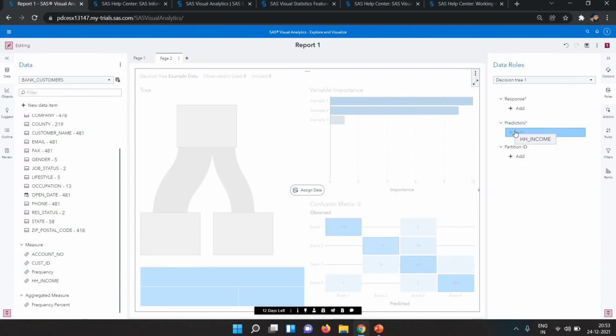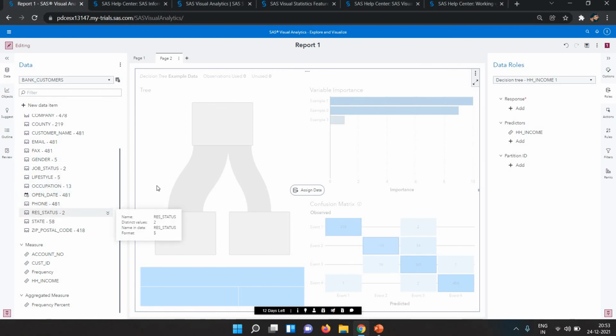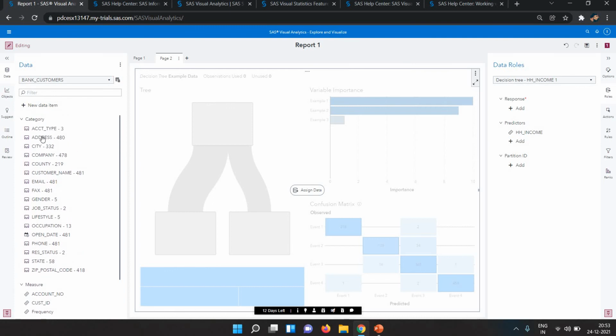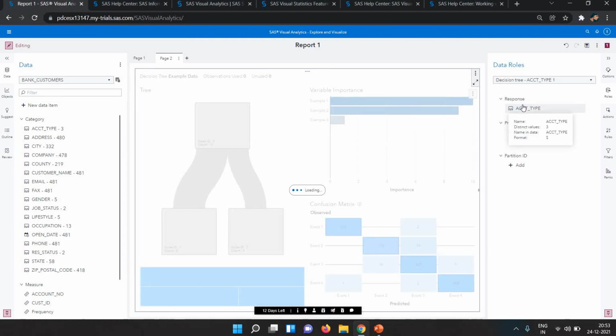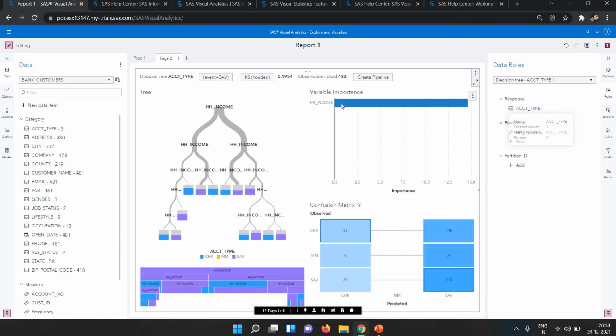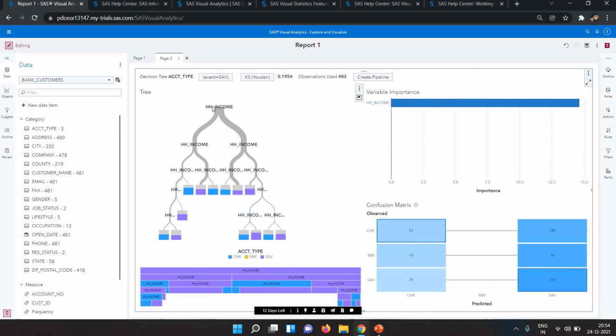Let's suppose I'm adding the predictor as income and the resident status is the account type. So right now what is this showing us? The HH income is showing the account details: account type and the saving.